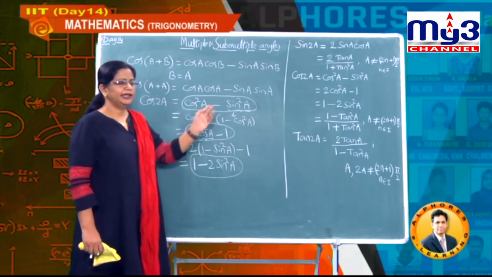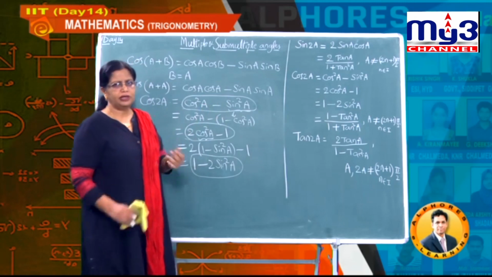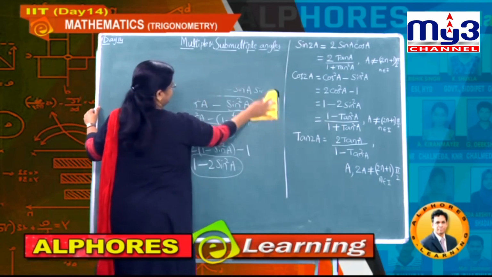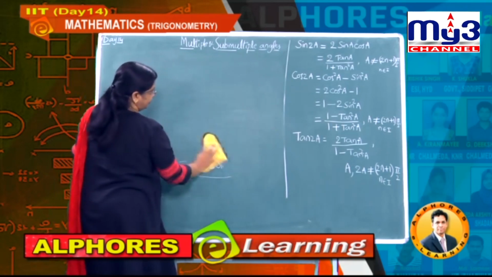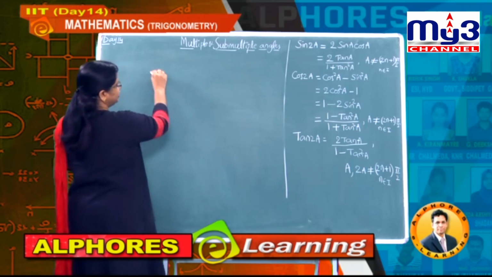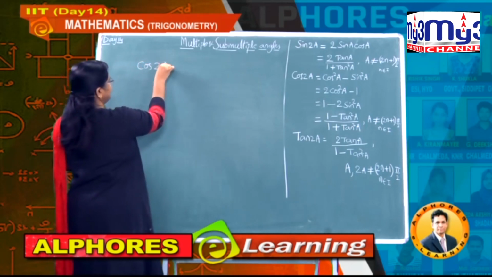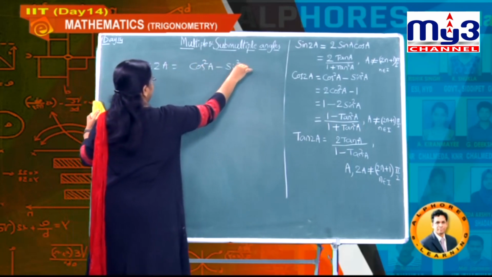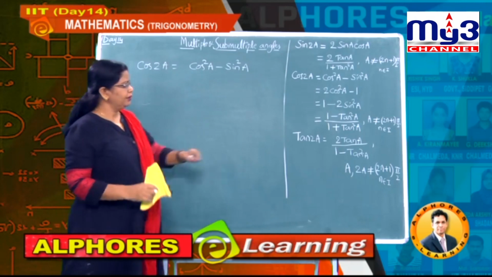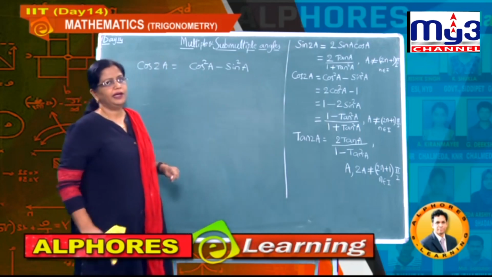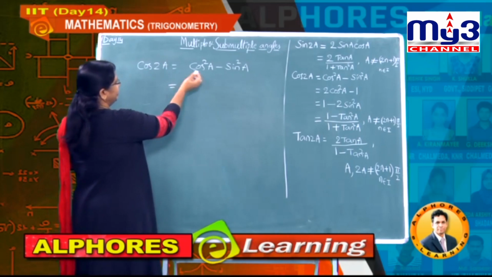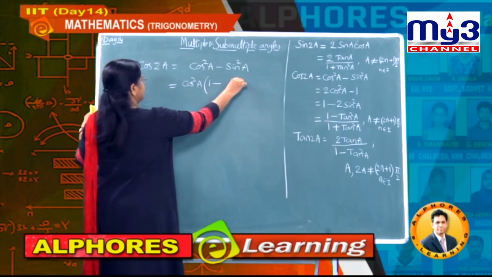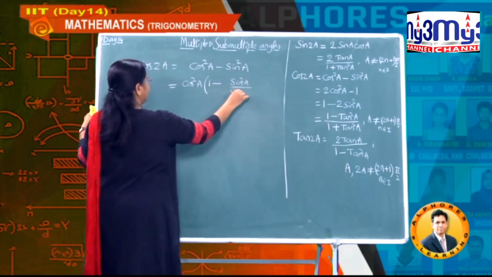Now let us approach again the formula which is coming in terms of the tan function. So what about here in terms of tan means? Now students, let us write tan 2A. So cos 2A, the formula you got, how much here? Cos square A minus sin square A. This is the formula we got. Understand? Now as we want to write in terms of tan, so first I am taking cos square A as common. Then cos square A, if I take common, 1 minus sin square A divided by cos square A.